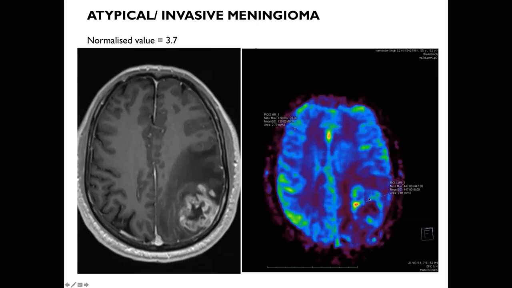One more thing I want to add is that I usually pick the most perfused area which I see on the perfusion map, avoiding the vessels. Another way is you can correlate with the lesion area which is showing maximum restriction. You can also take that corresponding region on your perfusion maps. So here it was 447, and 120 in the gray matter here. The ratio came out to be 3.7, so it is on the higher side.